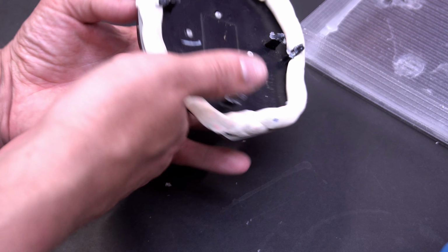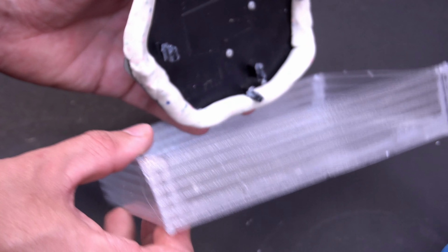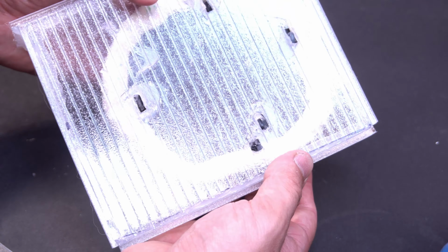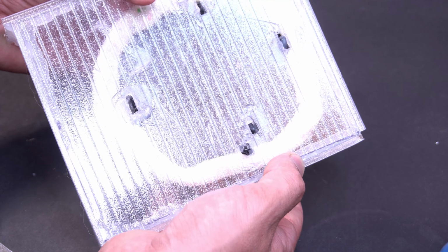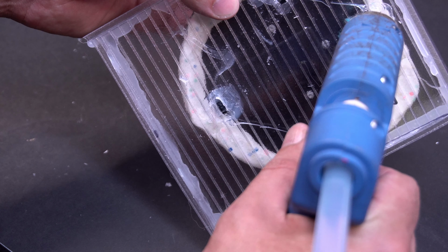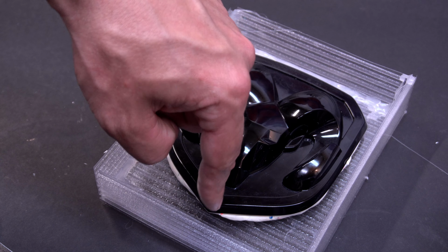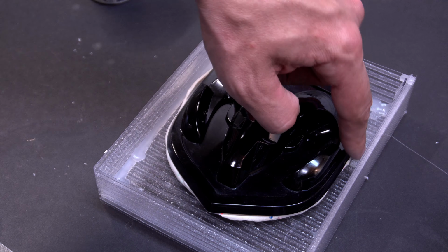Alright, so now comes the point. I can put that in there, line it up with the holes that I cut through, and just put a little dab of glue so it doesn't wiggle around on me. I would prefer to leave some of a lip there that I can cut out later, but I don't want that whole back area filling in,